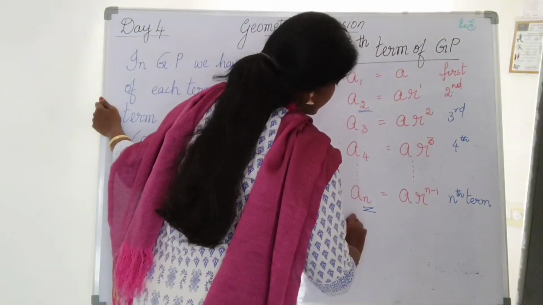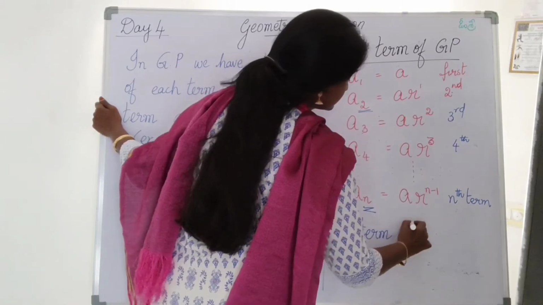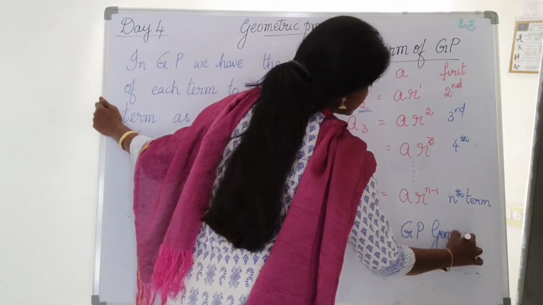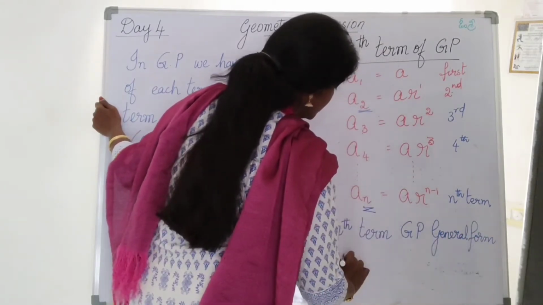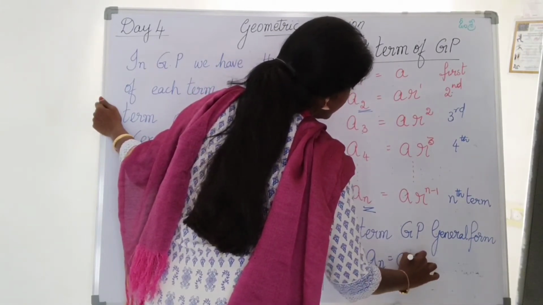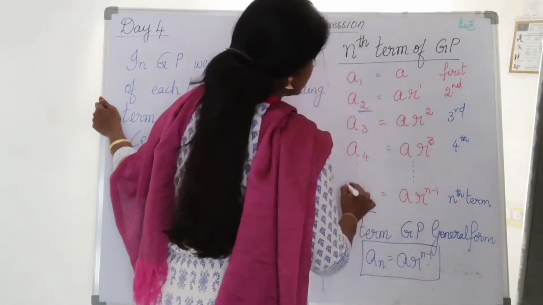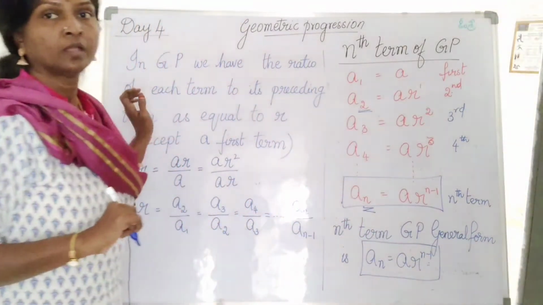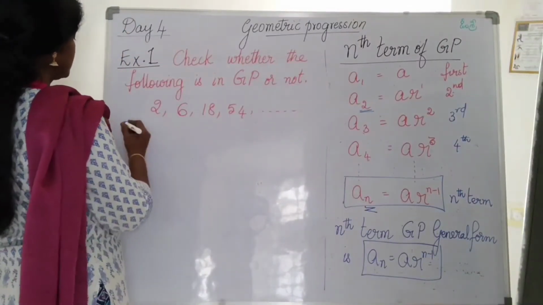So the general form of the nth term of a GP is a_n equals a times r to the power of n minus 1. So this will be the nth term of a GP. So the steps for the solution will be: